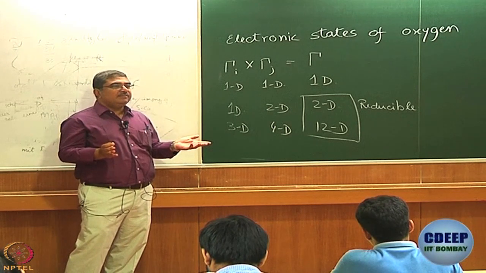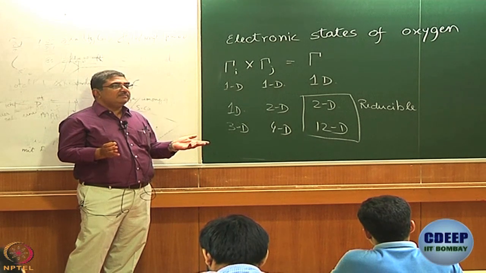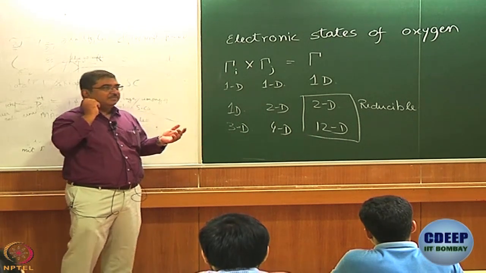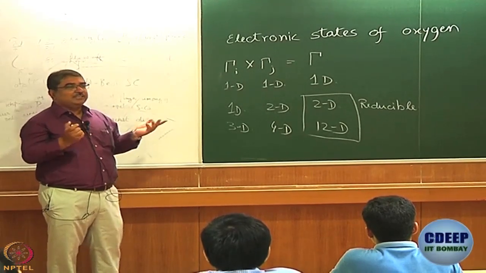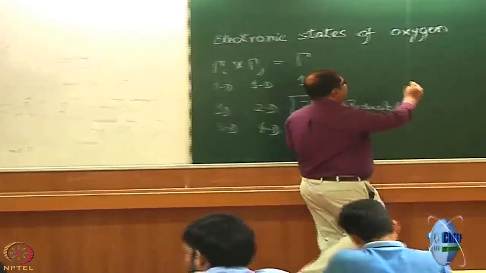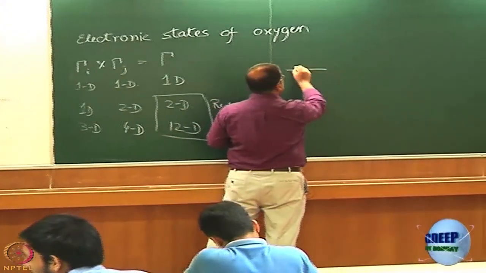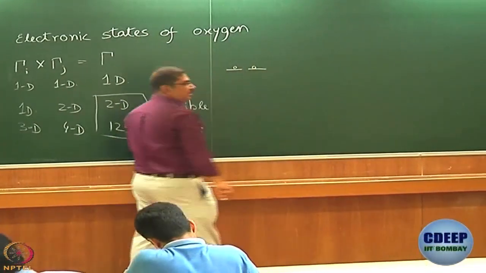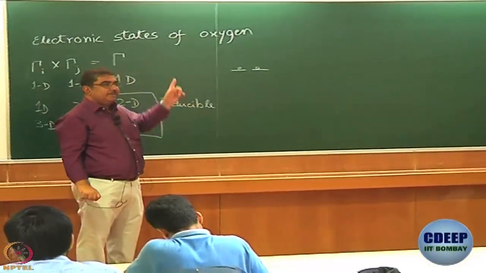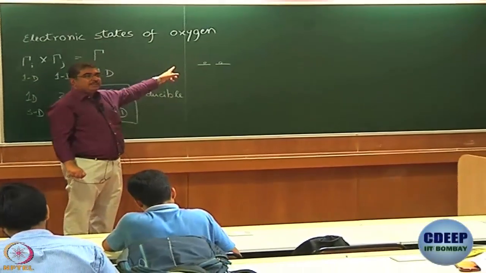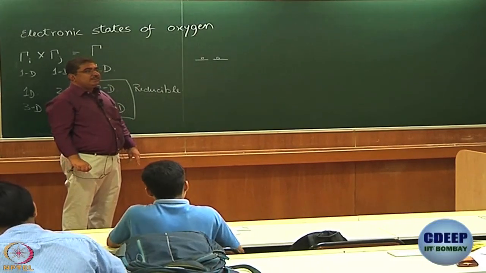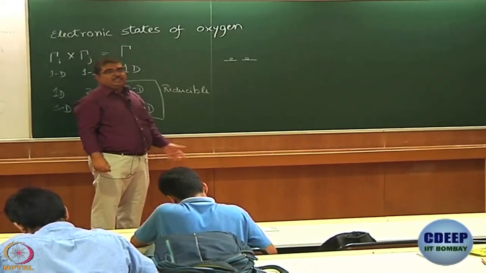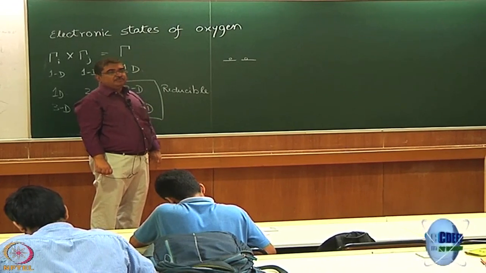Of course, everybody is familiar with an example of such a situation. What is that example? I need to hear you. Oxygen, it is written on the board, right? Everybody knows the electron configuration of oxygen. Dioxygen, it is something like this. I am not drawing the arrows intentionally. It is like this, right? What are the HOMOs for dioxygen? Pi star. So, pi star means what? Pi g or pi u? Pi g.